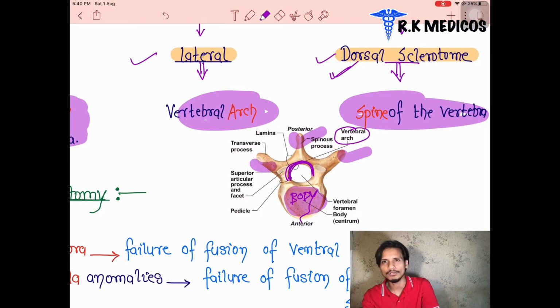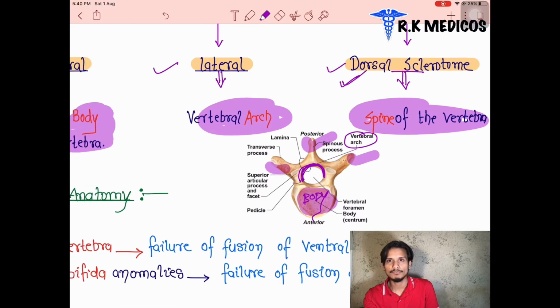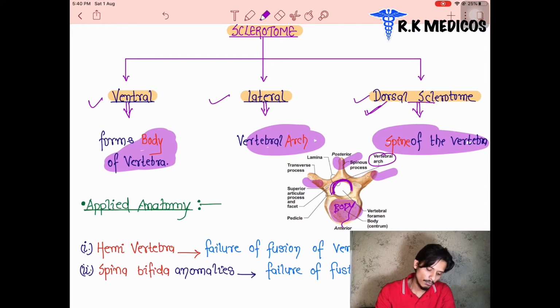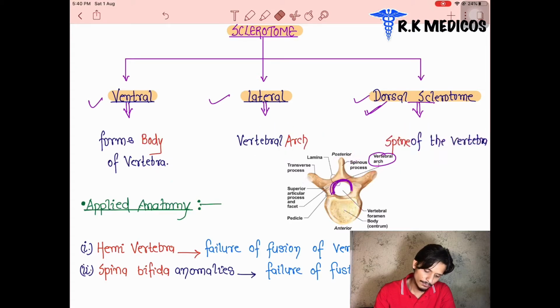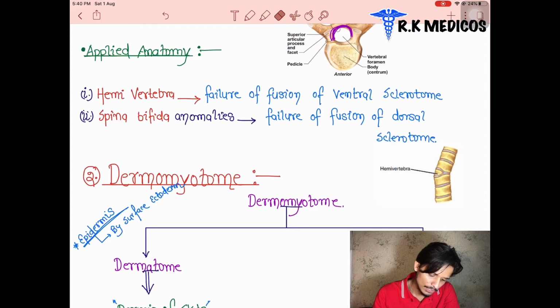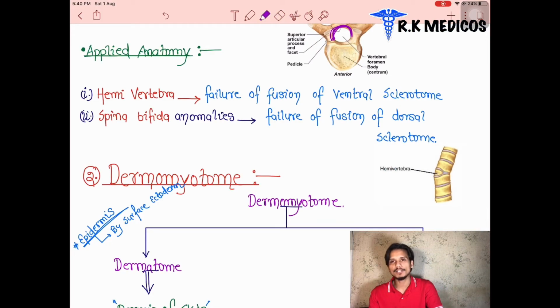So now you know the vertebra are going to develop from the sclerotome, dorsal, ventral, and the lateral. And what part of the vertebra is formed by what different parts of the sclerotome. It's very easy and simple. Next you can see, suppose that if there is any deformity in the formation,